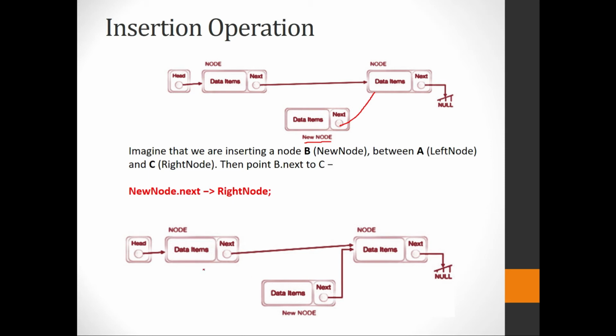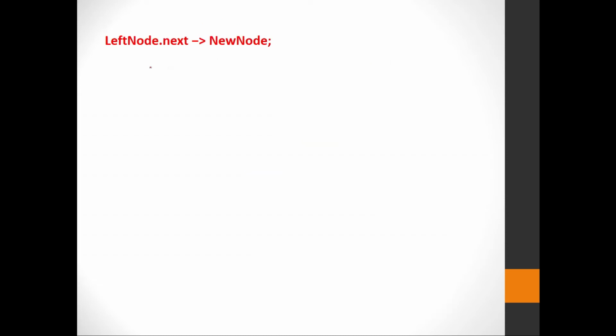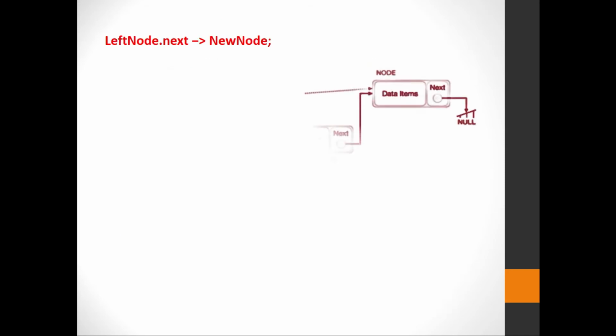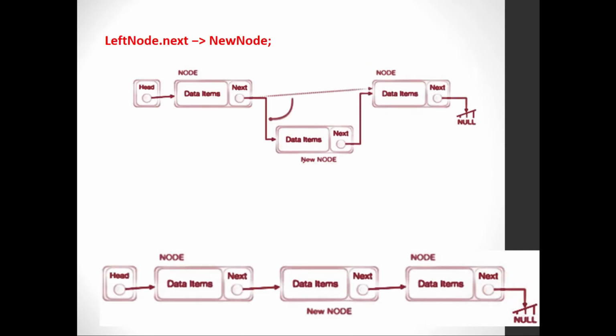Okay. Now, I should connect this. What can I do here? Yes, the node A, this node A is going to be connected to this particular new node. This will hold the address of this particular node. So how do I write? The left node next. The left node next is connected to the new node now. Okay. So now this is how it is going to get connected. So finally you will get your linked list in this particular fashion. So this is how you insert a node in between.